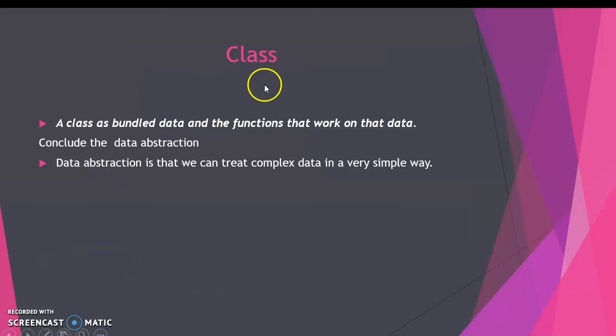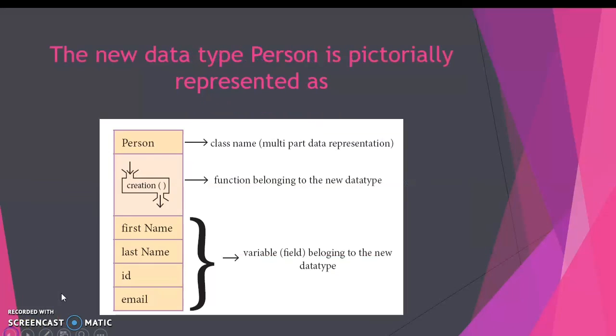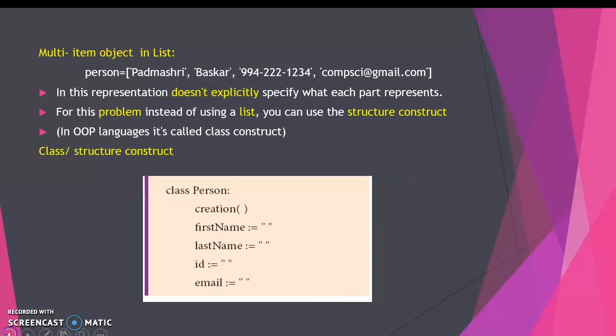Now you can see the definition of a class. What is a class? A class bundles data and the functions that work on that data. See this example. A class comprises data members and functions. In the class we have the data members first name, last name, ID, email, and then the member function creation. So we call it a